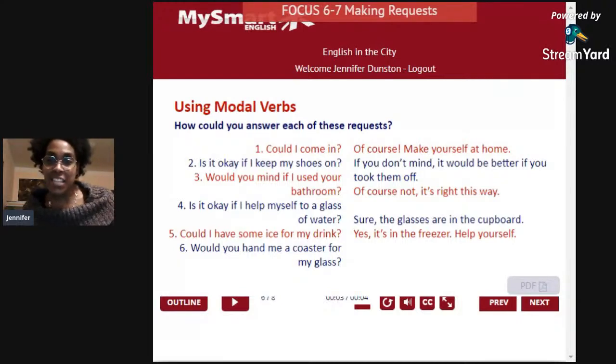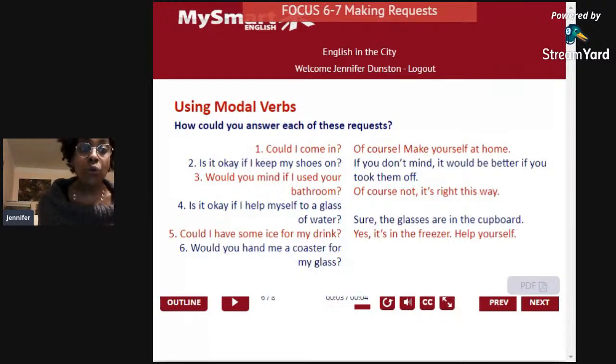Very good, Andrea. It's like a plate you put under the glass. So a coaster can be plastic, a coaster can be wood. Sometimes the coasters are cork. You know, the tops in the wine, it's made out of that spongy material because when you have ice in your glass, the glass gets all wet. So if you put a coaster underneath, it doesn't make a water circle on the table. And so it protects the tabletop. That's why we have coasters.